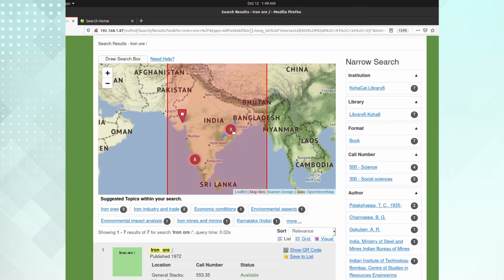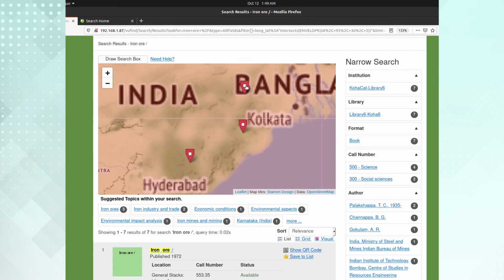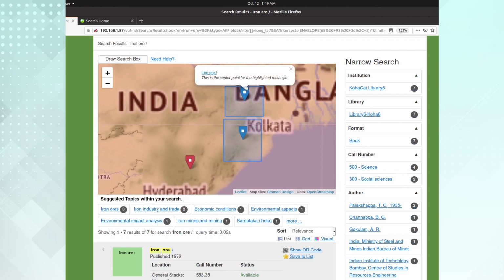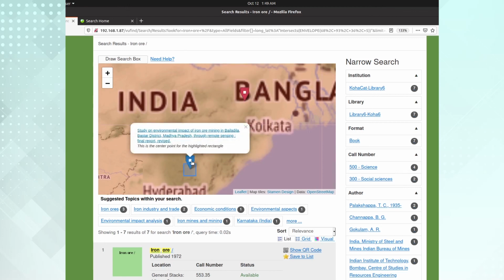So now suppose I want to see what places these three documents deal with. If I click, again it tells me this is the difference, and I can click here to know the title of this particular document. I can click here for the title of this particular document.